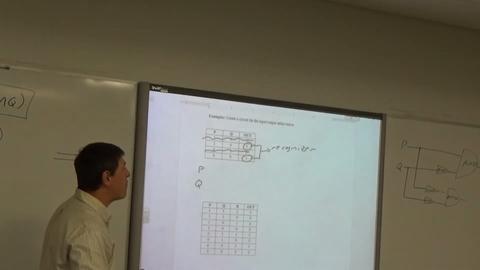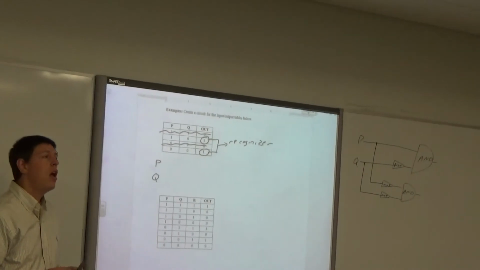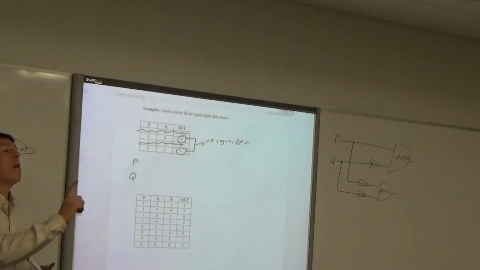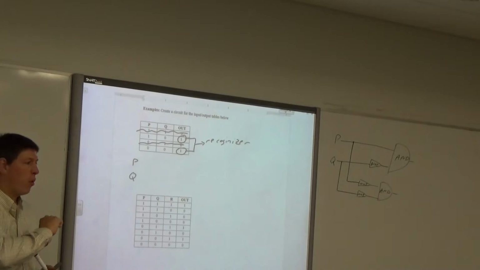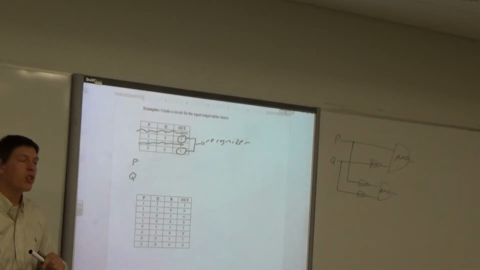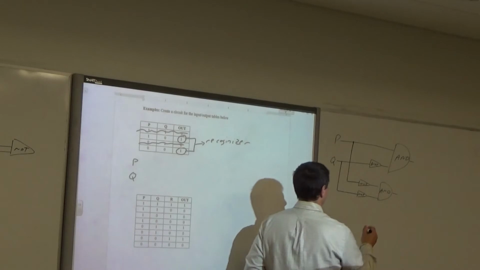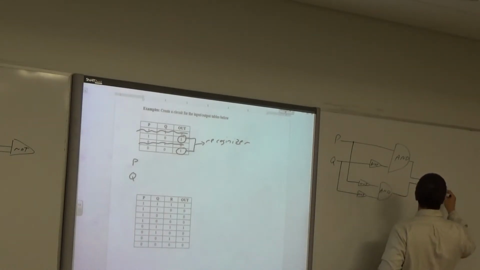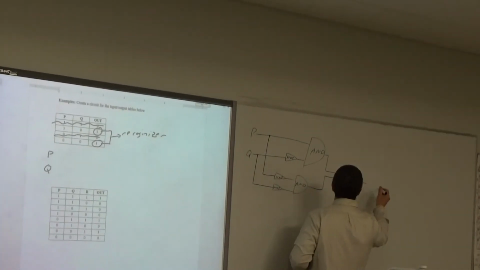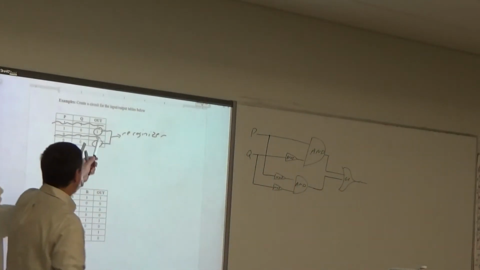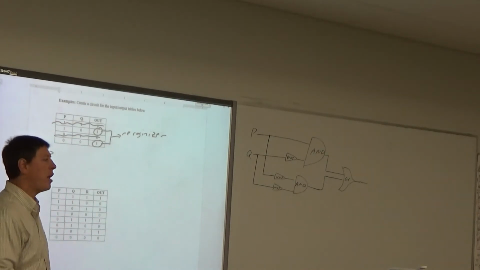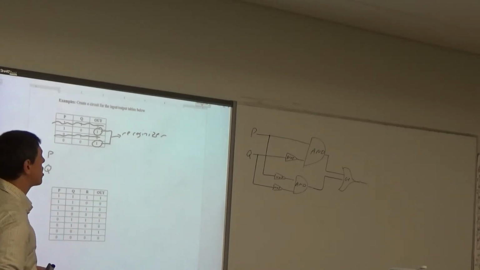Now there's one more thing that we have to do to finish this circuit off. Okay? Does anybody think they might know the last thing we have to do to finish this off and make it a correct circuit? Well, remember, digital logic circuits only have 1 output. This has 2 outputs right now. So we have to somehow connect these. We're going to connect it with, what was it, guys? An OR, correct? How come an OR, not an AND? Well, remember, as long as row 2 or row 4 is valid, you want an output. Okay, so when you guys are done, what you guys are going to do is connect it with an OR